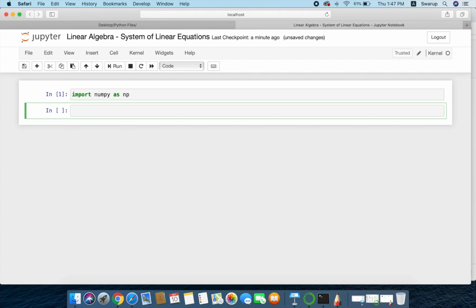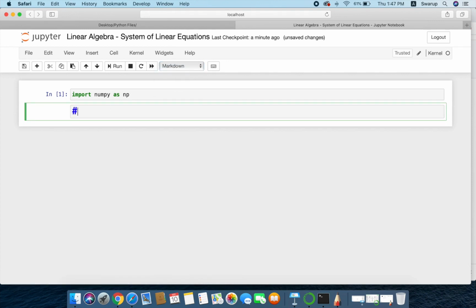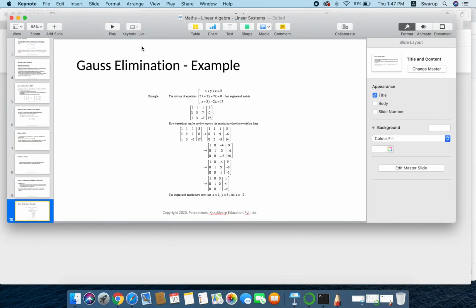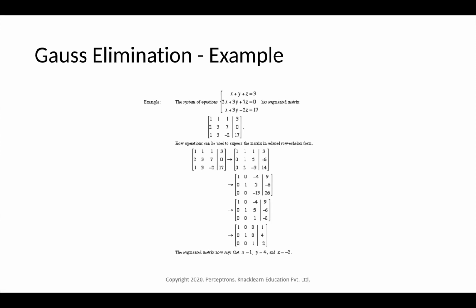Then after that I'll write the equations. Here we'll solve a linear system of equations, and I'll write it in a comment. Suppose we have three equations: x plus y plus z equals 3, 2x plus 3y plus 7z equals 0, and x plus 3y minus 2z equals 17.